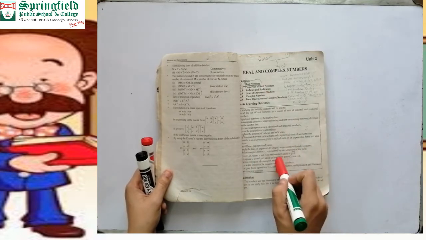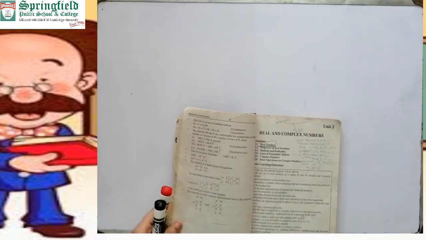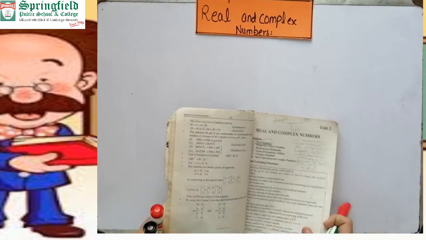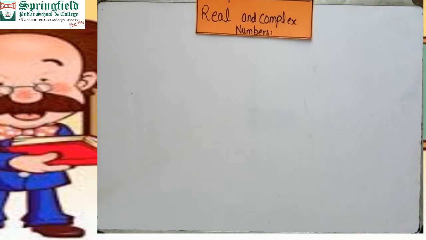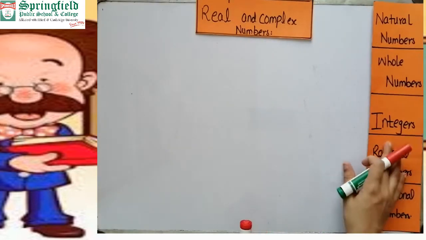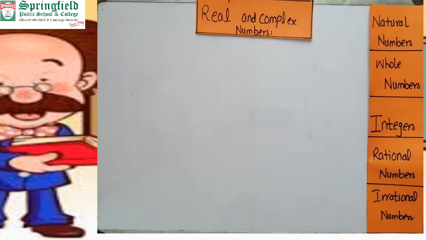It means in this chapter I will tell you about the real numbers, which types of numbers are called the real numbers. Fine. Okay, the name of the chapter is real and complex number. Okay beta, this chapter consists of some important points. So first we will discuss all these points, and then we will start the question and answer of the exercise. Fine.